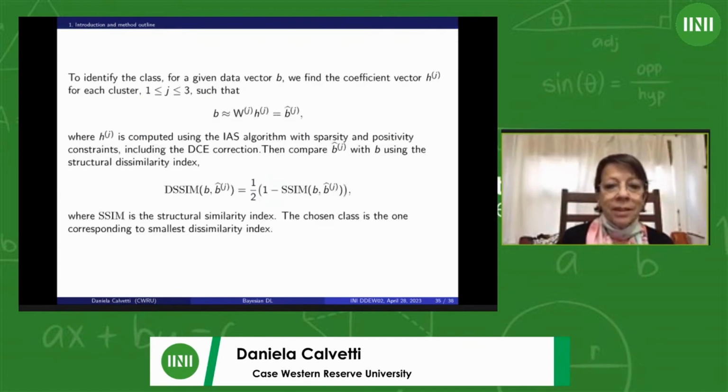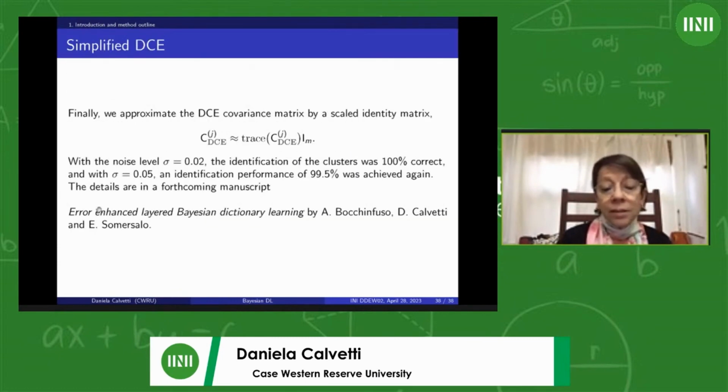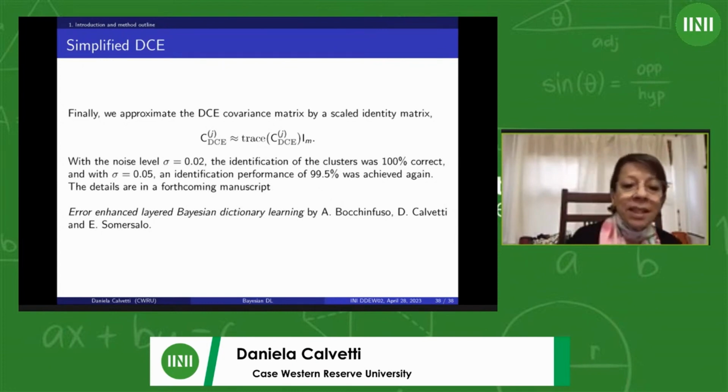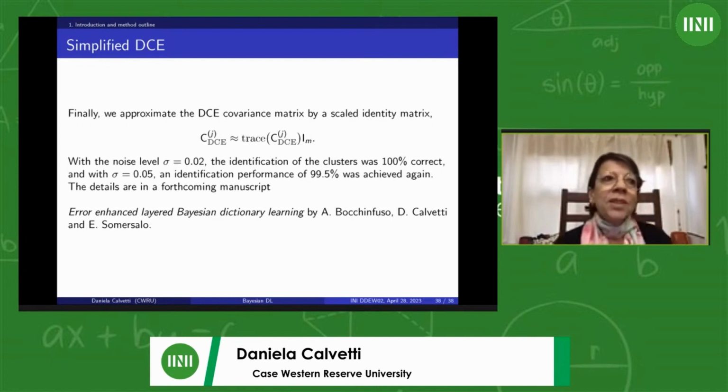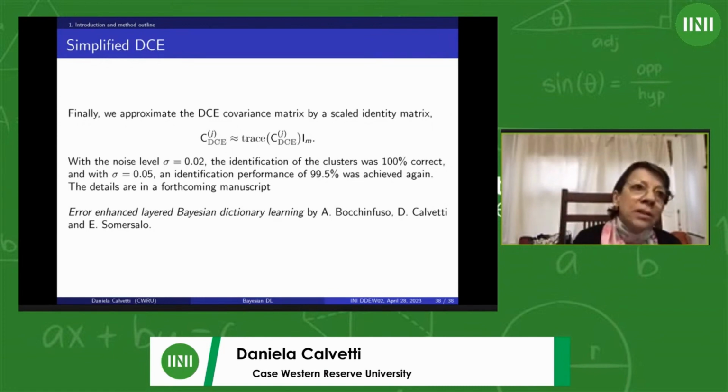So what we have here is what we have worked at, and we're in the process of finishing it. This is being written up, and it will be put on arXiv by the end of the weekend. The point is that we can use this Bayesian framework pretty much all the way through these dictionary tasks, to model the error when we're compressing the dictionary,